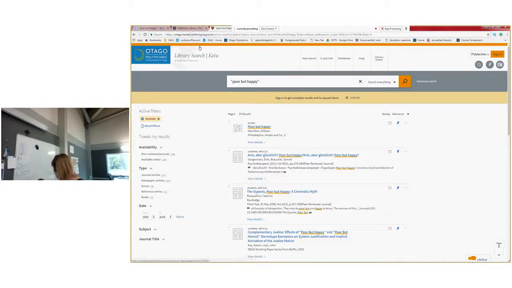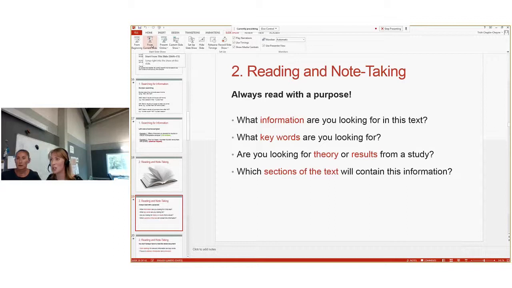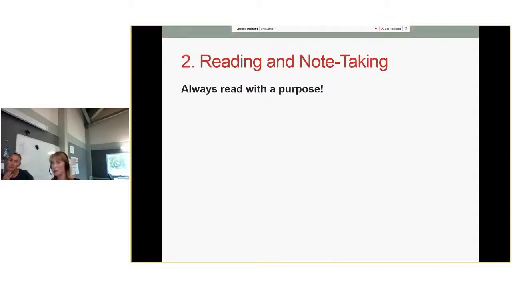Oh, we're actually running out of time a little bit here, aren't we? I wonder whether I might just leave that for now and put something on how to do the interloan request as a separate thing, because I think we're going to run out of time otherwise. But that's hopefully for most of your resources, that's how you'll find it, and I'll provide you with something on how to do the interloan request. Okay, let's go back to the PowerPoint. Okay, I need to speed up a little bit, guys.